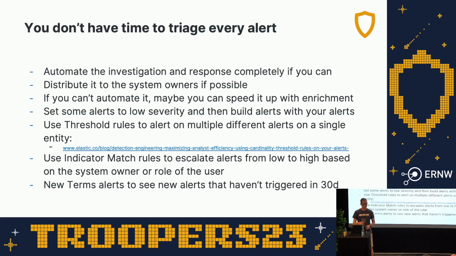The new terms rules are one of the newer features where you can say, hey, here's a term that hasn't been seen in the last X number of days. That one's pretty cool for us. We've got a rule that says, if this alert is first time triggering and it hasn't been triggered in 30 days, then fire a new alert and make it a higher priority. Because even if it's a low priority alert, the fact that it's been quiet for 30 days is a bit weird to me. It's not regularly a noisy alert, so maybe somebody should look at it. That's more of a threat hunting thing at that point.